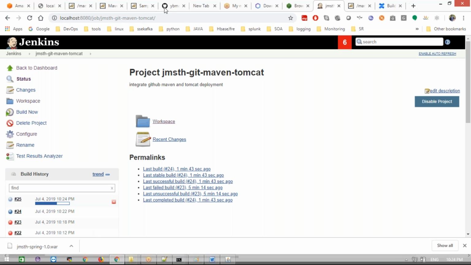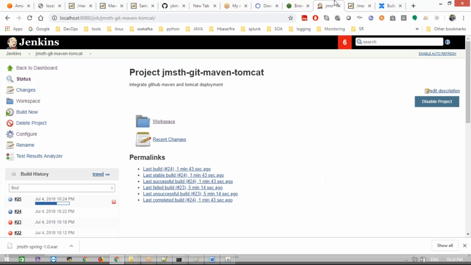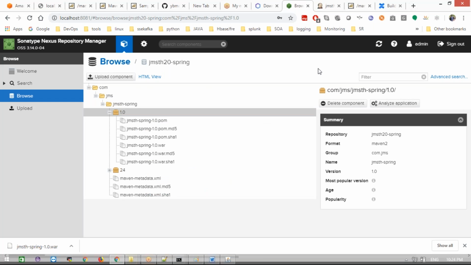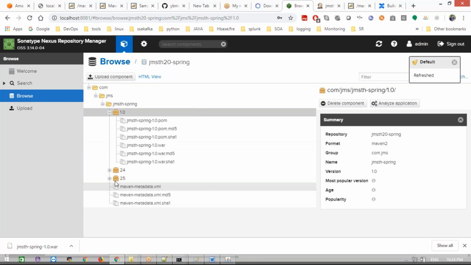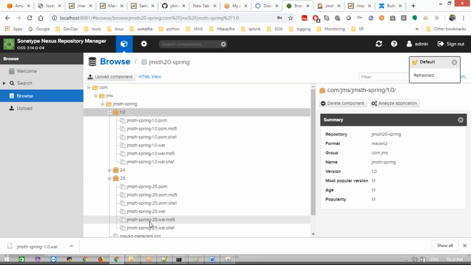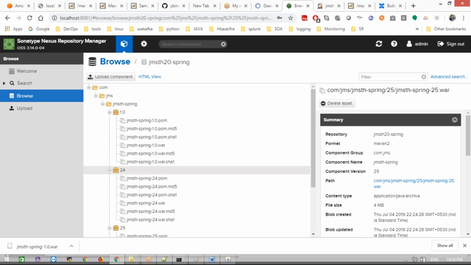Any questions, guys? Let's see it complete. We'll get the 25th. I did not change any configuration or modify anything. If a new version comes, whatever build number comes, that build number will go into the Nexus repository. Just refresh this. Now the 25th will come here. This also will store the war file, whatever the war code has, it will be created and stored.